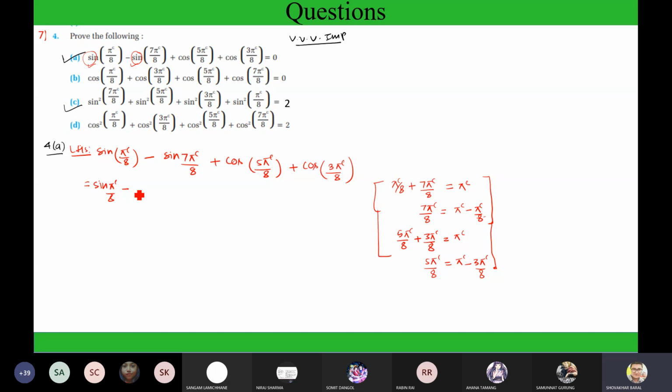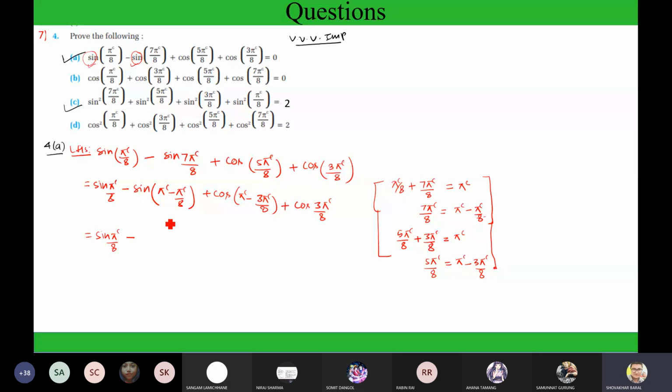sin pi by 8 minus sin 7 pi by 8, it will be pi minus pi by 8. Here I have changed it. So plus cos 5 pi by 8 plus cos 3 pi by 8. This can be changed. Sorry, 5 pi, I'm sorry. 5 pi by 8 को ठाउँमा के लेख्नु पर्यो, 5 pi by 8 को ठाउँमा जुनलाई चेन्ज गर्ने हुन्छ है, pi minus 3 pi by 8 plus cos 3 pi radian by 8 and this is equals to sin pi radian